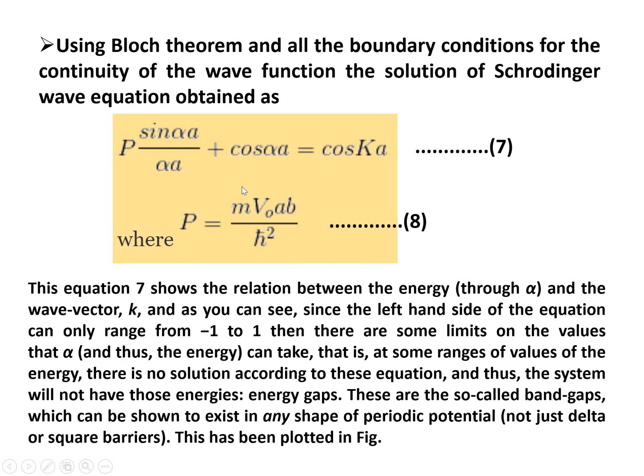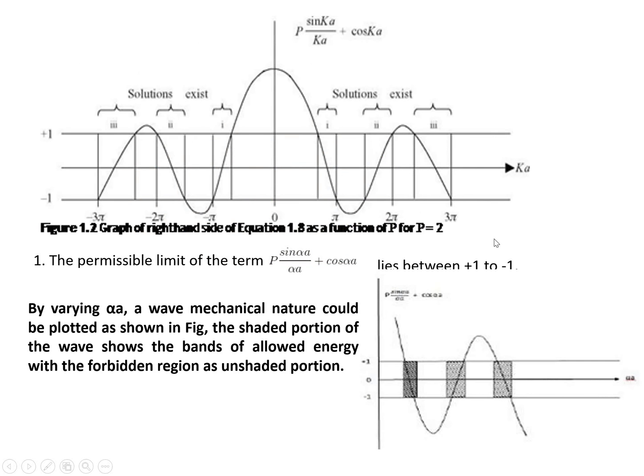So, to find out the value of alpha, why is the value of alpha to be determined? Because alpha contains the energy term E. Therefore, if alpha is determined indirectly, we are determining the energy values of the electron when it is lying in the potential well, or when it is passing in the space available between the ions from one ion to another ion. Therefore, to find out the value of alpha, we have to draw the graph by taking